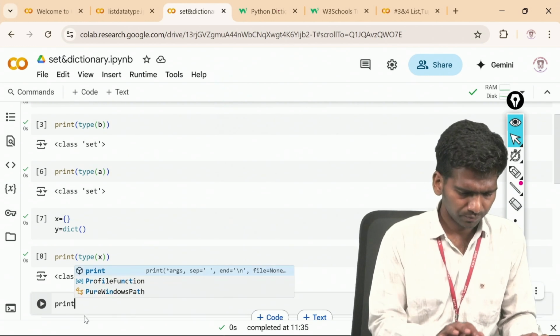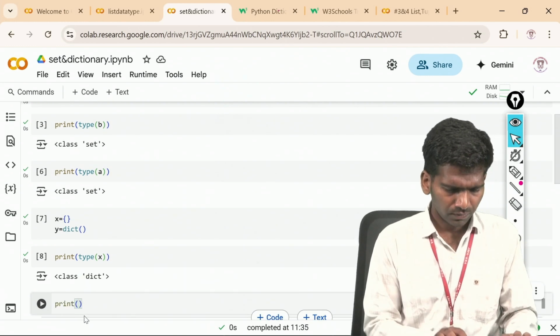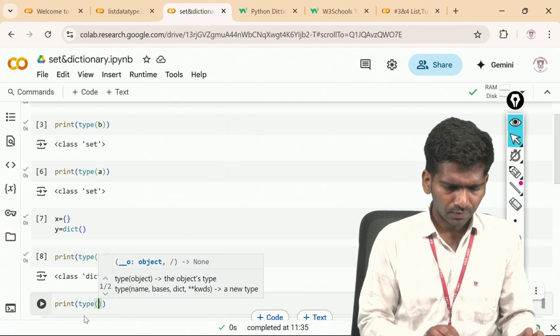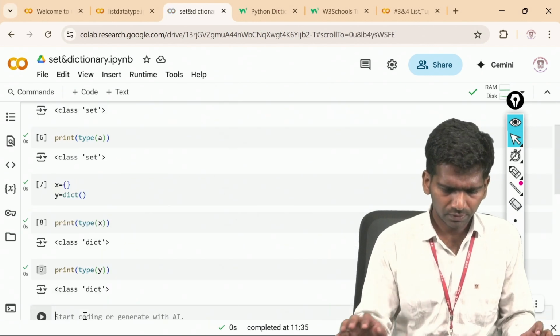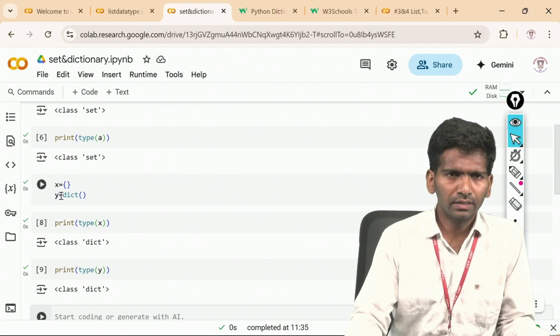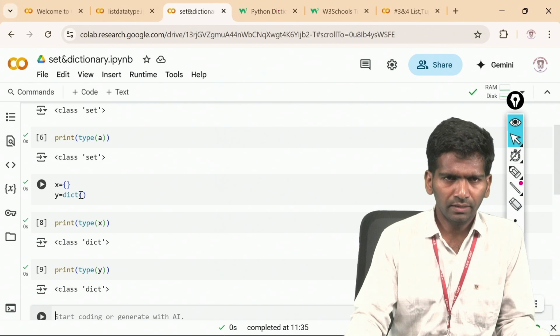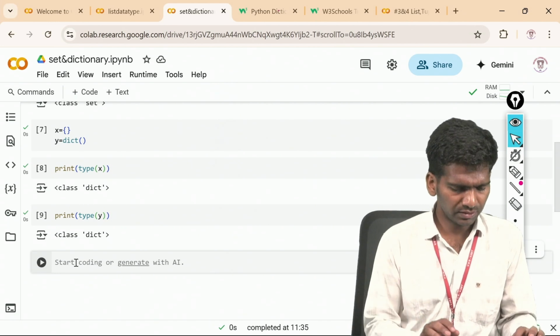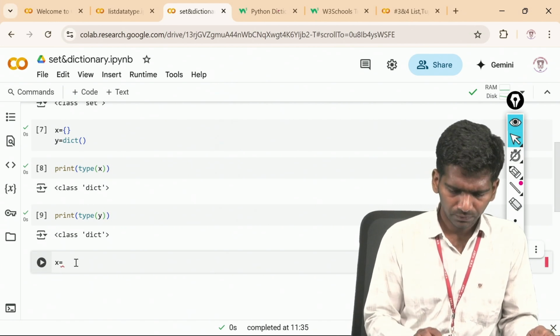So next print type of y, we will get dict. So in these two ways we can declare a dictionary, using directly the flower bracket or using the dict keyword. So let us give some elements to this dictionary. So x is equal to